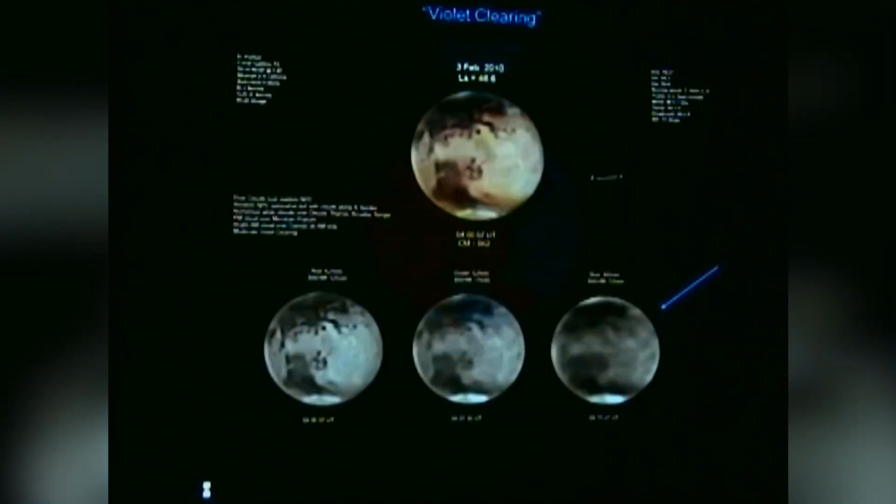This is a 1 meter scope at the Pic du Midi in the French Pyrenees. Ain't bad. But this was taken February 2nd. That just shows the dust. And there's another feature I'm mentioning for people who are interested,